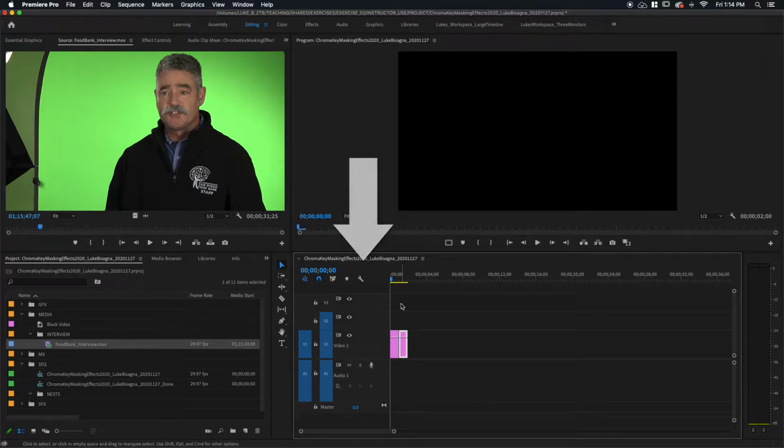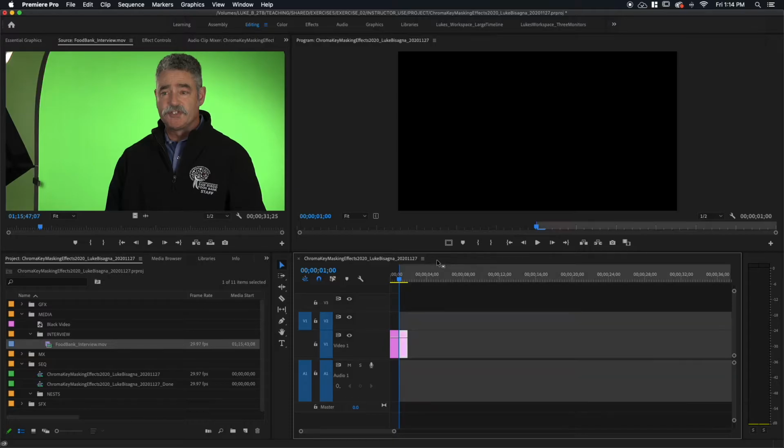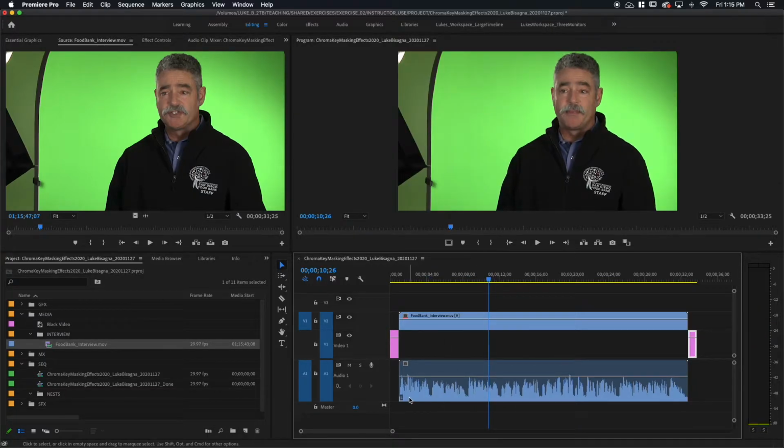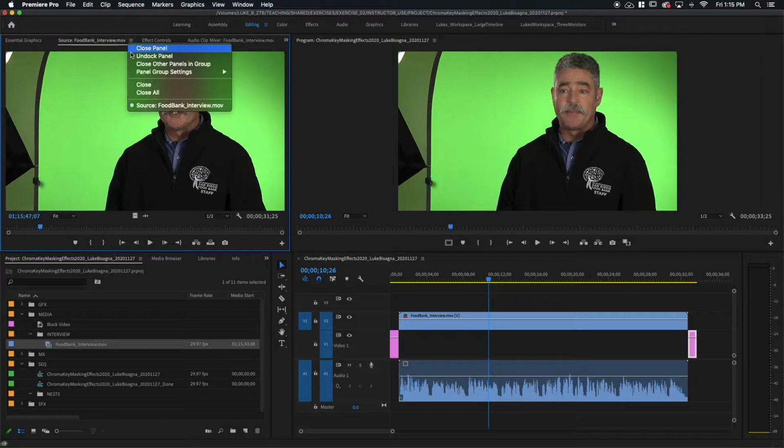So I'm going to use my down arrow to get in between the 2 clips here. And I'm going to patch V1 to V2. And then I'm going to place an in point here in the timeline. And because I'm going to use the entire clip up here, I don't have to worry about an in and an out on my source. And I'm going to edit this down using the shortcut for insert edit, which is the comma key. Boom, there it is. In between our 2 seconds of black. Perfect. Great. All right, so I'm going to get rid of him from the source monitor here.